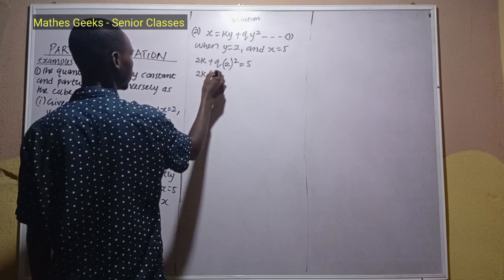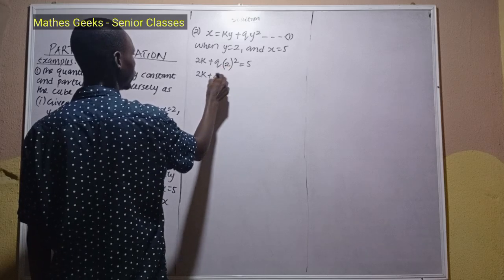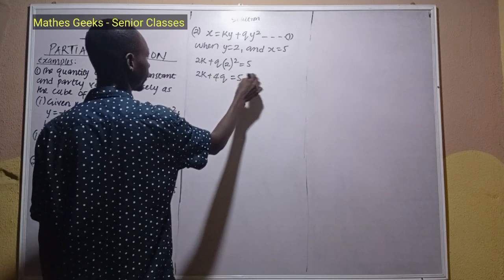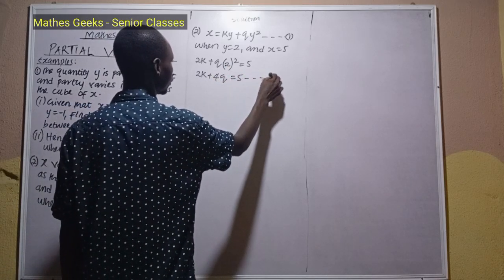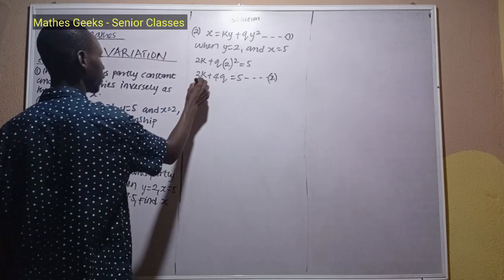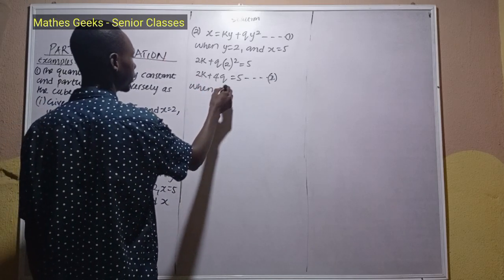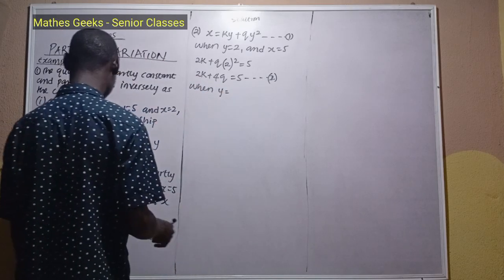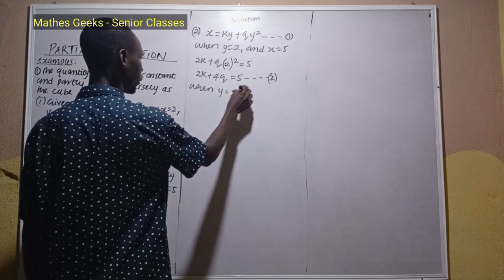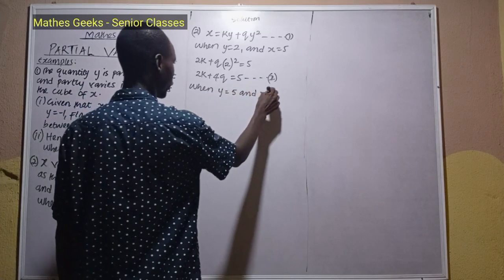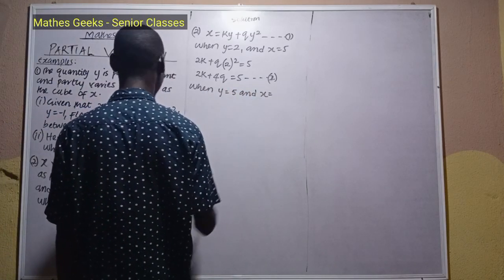So 2k plus 4q is 5, equation 2. And when y is equal to 5 and x is equal to 57.5,